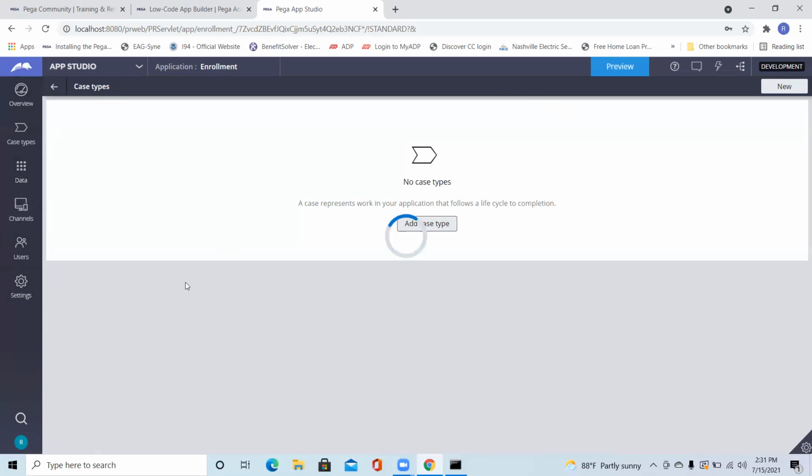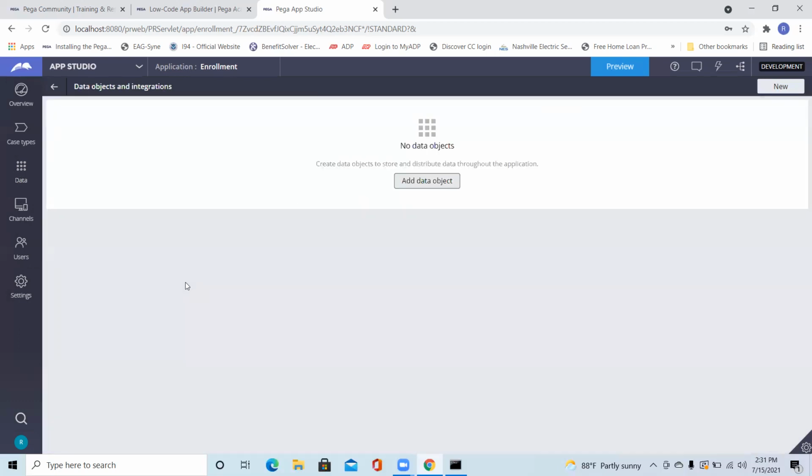Data is where we create data tables. You need some data to process. For example, for a registration application, we need the customer's name, email, first name, last name, and all those details, so we need tables to store them. We can create all those tables here, actually data sources.